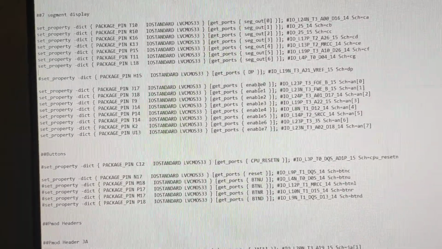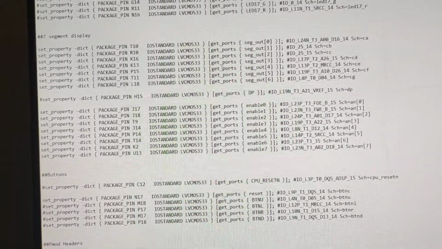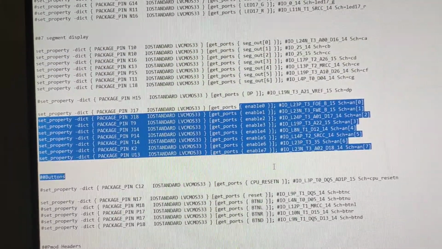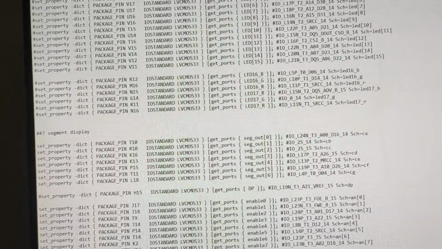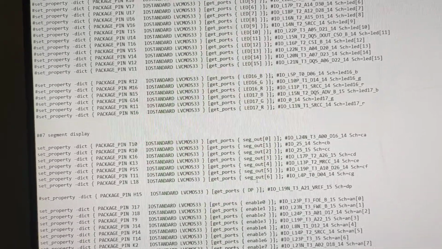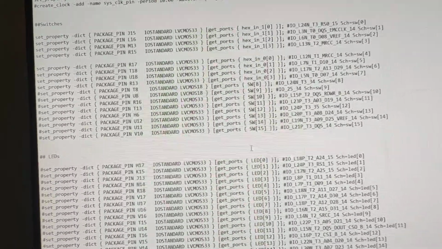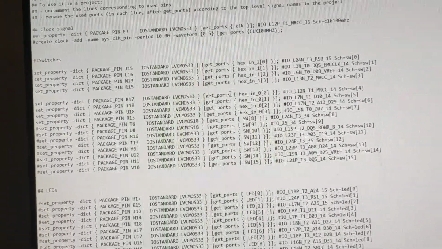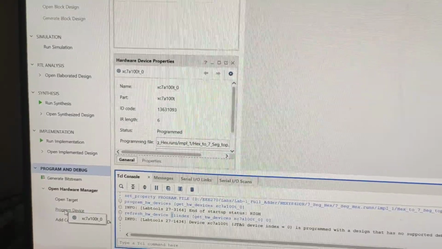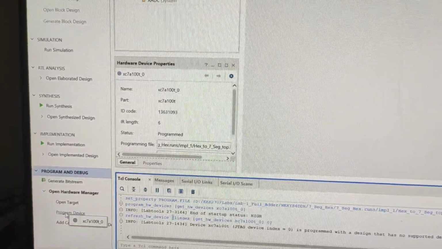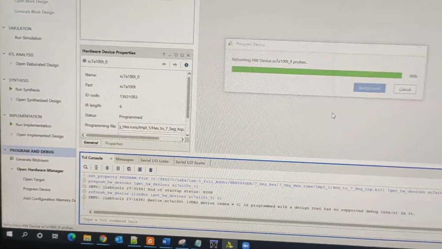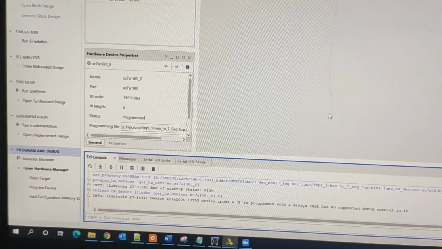Now here we have just used two LED displays, so we have enabled that. That is, two modules we have done, and we will see it on the board. Let's now check it on the board. We have done everything here. Now we just need to run this, so we are programming it on the board, and let's see how it goes.